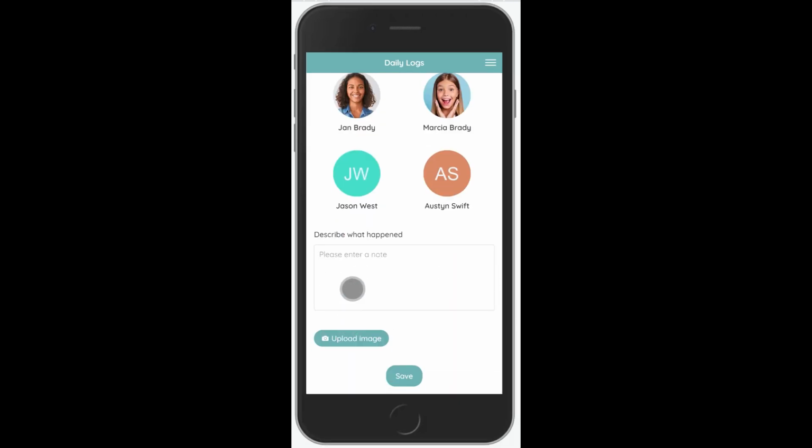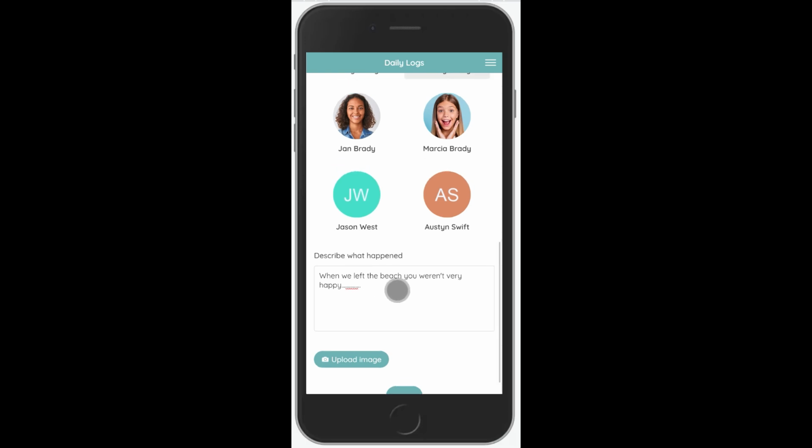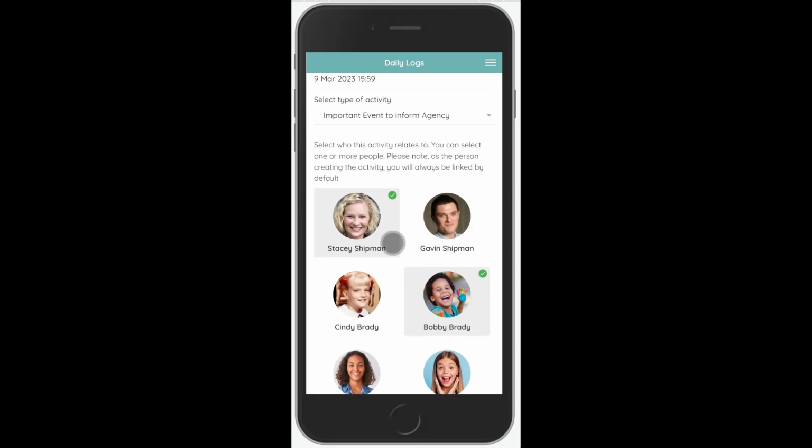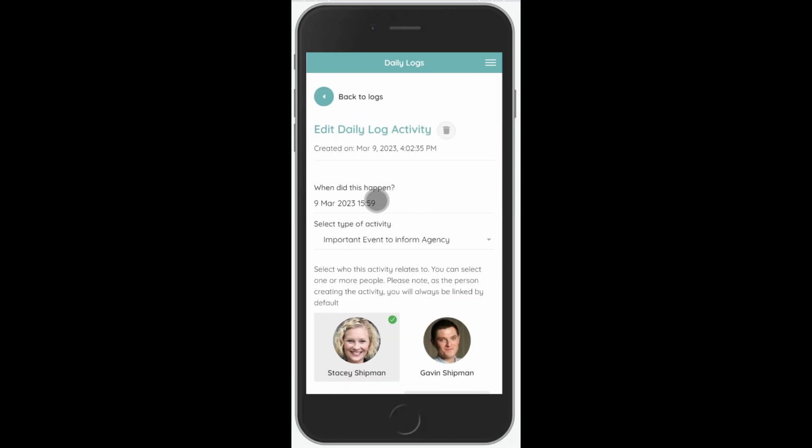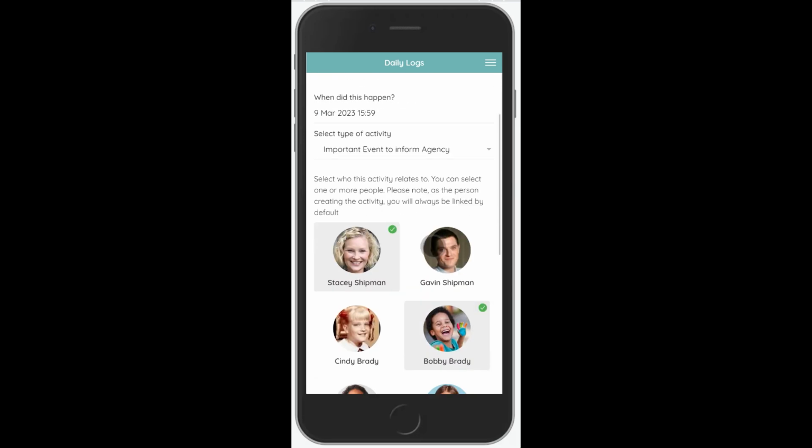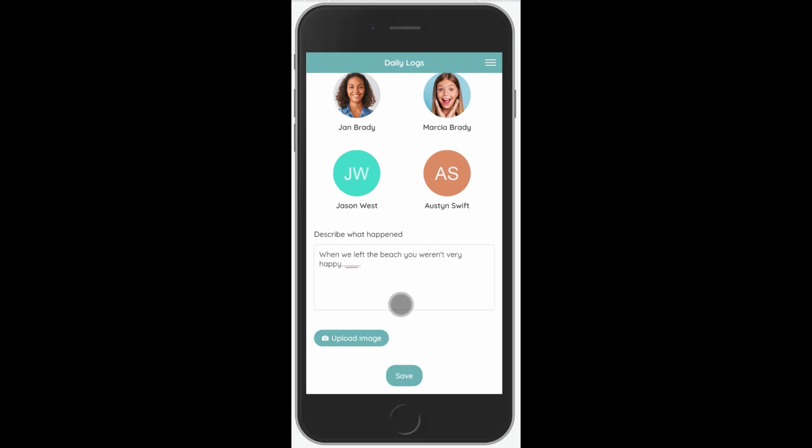So now all I need to do is just add the log, in true Blue Peter style. Here's one I completed earlier. So you just write whatever's happened, and so we've now got this log involving Stacey, Bobby. We've recorded it as an important event to inform the agency about, and you put as much detail in there